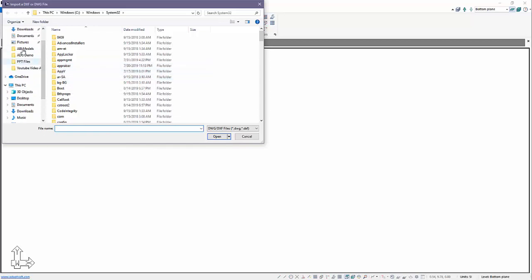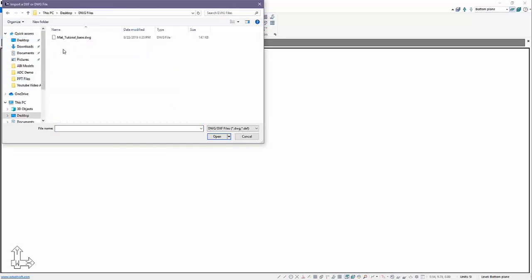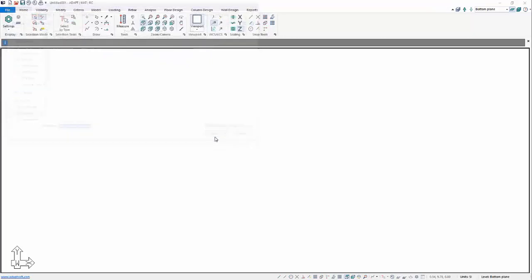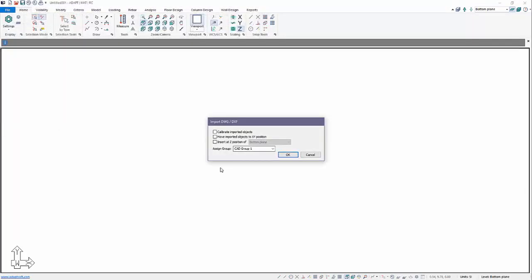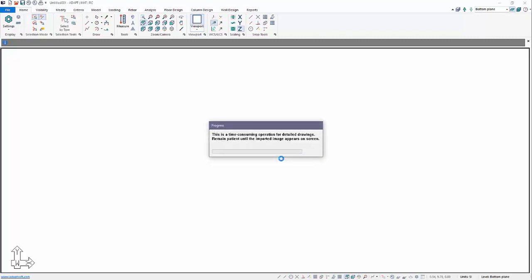We'll now navigate to the file we want to import from. So we'll go to the DWG files here, and we're going to select this DWG file. I'm now going to choose to calibrate and scale the file inside of the Builder interface. I could also move the file in case it's important to generate an origin. For this example, we're going to not select this. If you do select this, one of the secondary items that will occur is you will have the ability to move the origin of the imported file. And then we're going to insert this at the bottom plane. We're going to call this just CAD1, and we'll select OK.